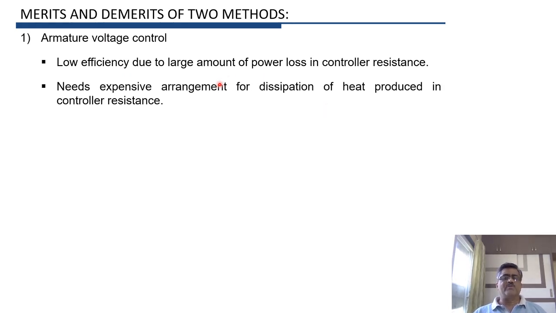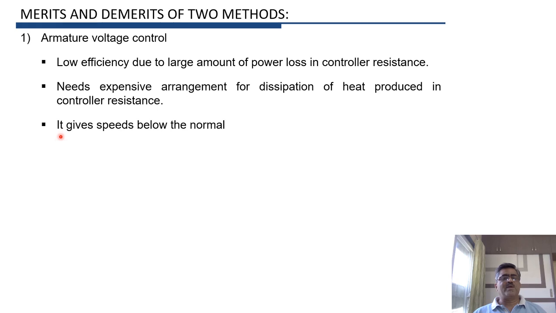Then because of large I square R power loss in the controller resistance, it gets heated, and therefore we need an expensive arrangement for dissipation of the heat produced in the controller resistance, and therefore the method is not economical also. So armature voltage control is less efficient and less economical,